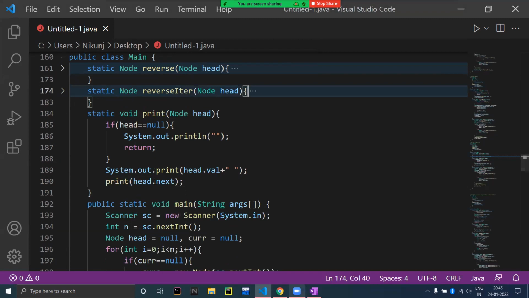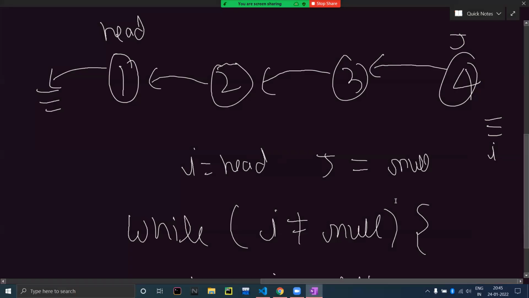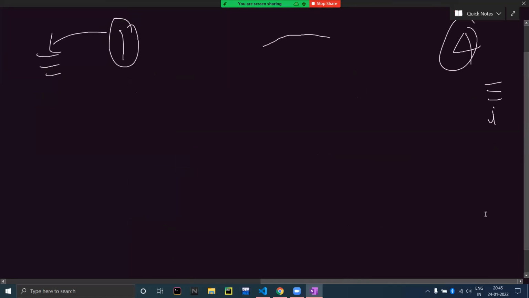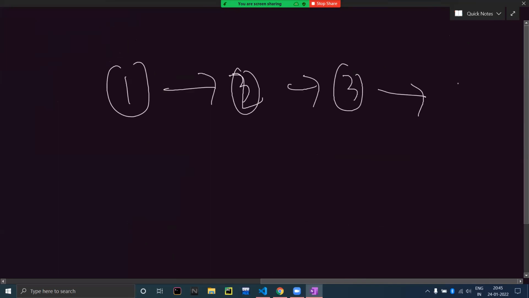Okay, so this was the iterative algorithm to reverse a linked list. Now let's see how we can do that recursively. So this was the linked list that we had. All right, and we want to reverse it. So look carefully. So what I'm going to do now is,